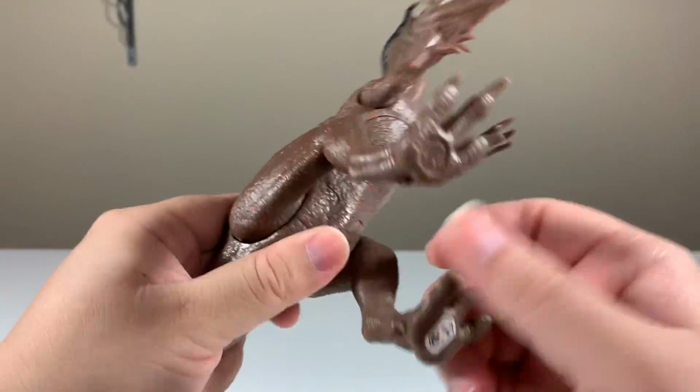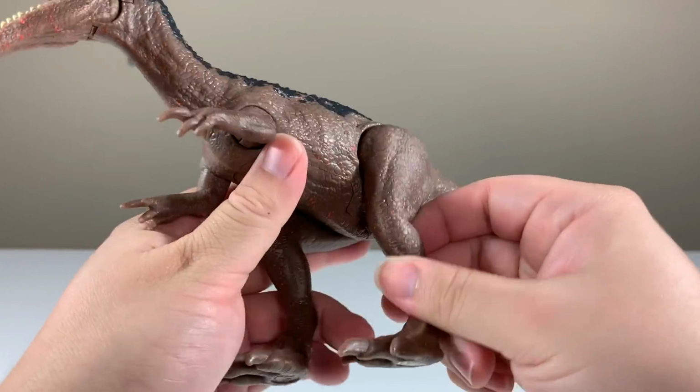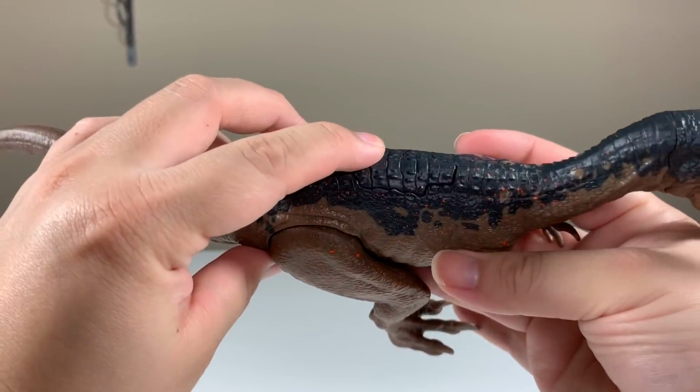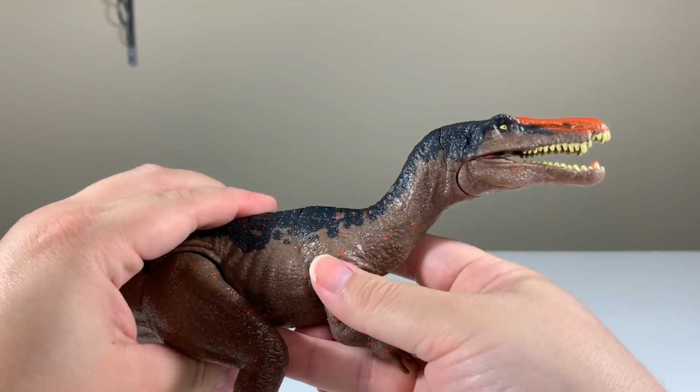The front and back are on a sort of insert molded joint. You can't move them all the way out, so they're not complete ball hinges, but they do enable you to pose it. And you can see that the jaw does move. So you do have a button back here. It doesn't really do that much, but when you push on it, you can see that the